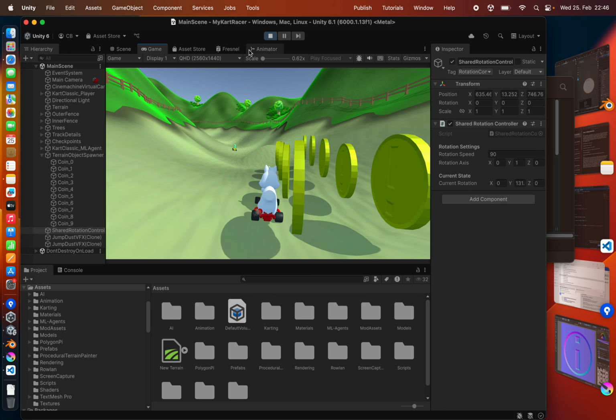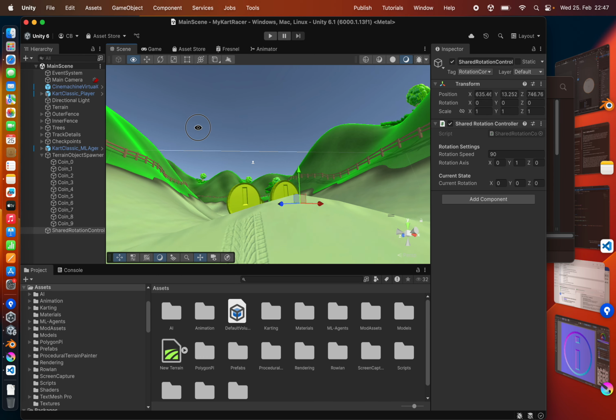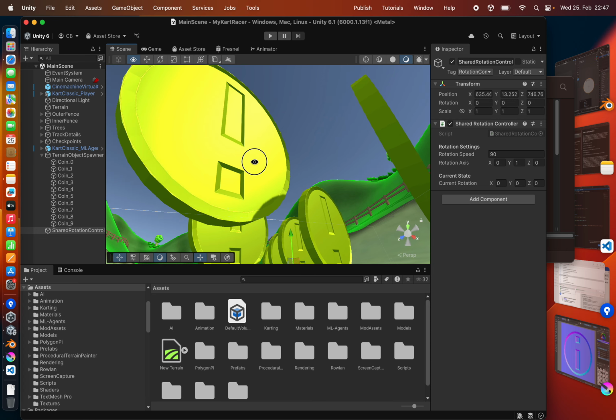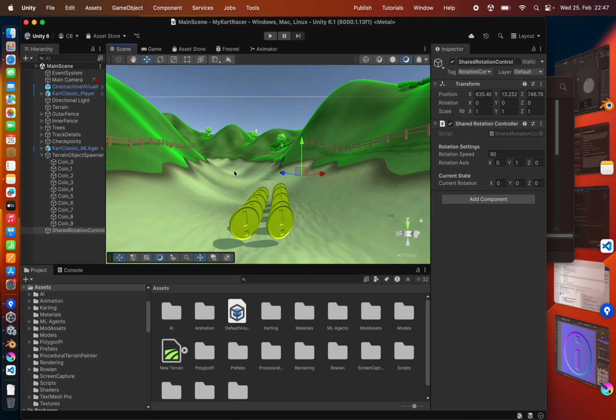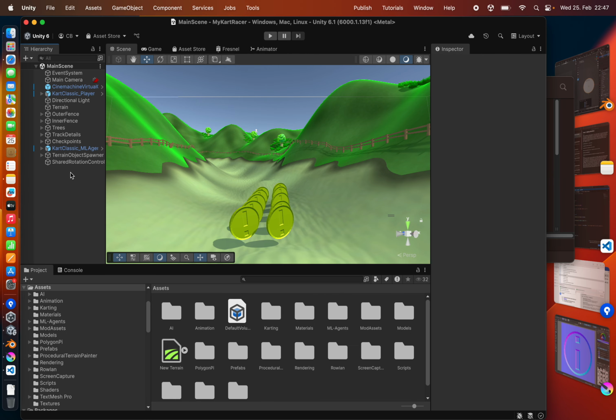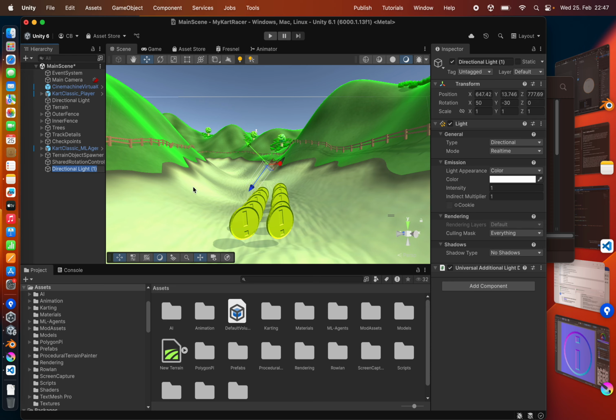Now it looks a bit flat. Yeah, these coins are not particularly shiny. They look a bit dark. And I don't think it's because they're not actually shiny. They are pretty shiny, but it's just that the light source is not hitting the coin at an angle where we can see the reflection so well. So what I'm going to do to try and make these pop a little more is I'm going to add a second light source. So let's go ahead and add a light, another direction light,